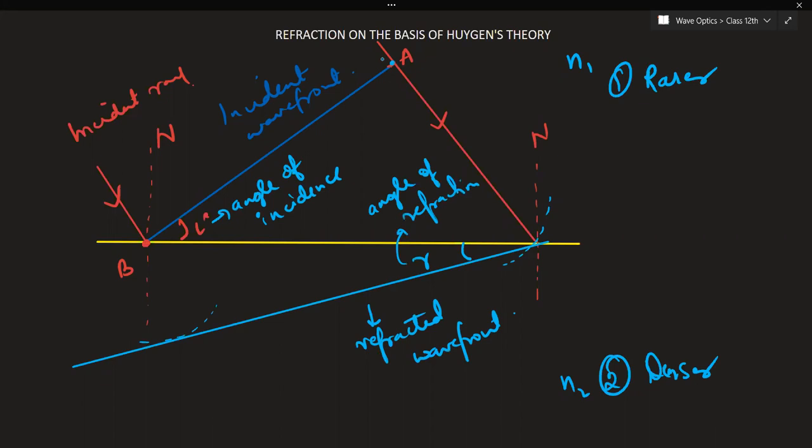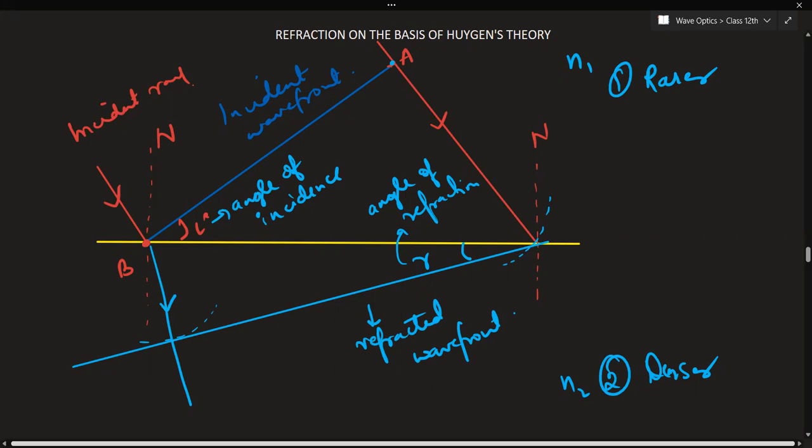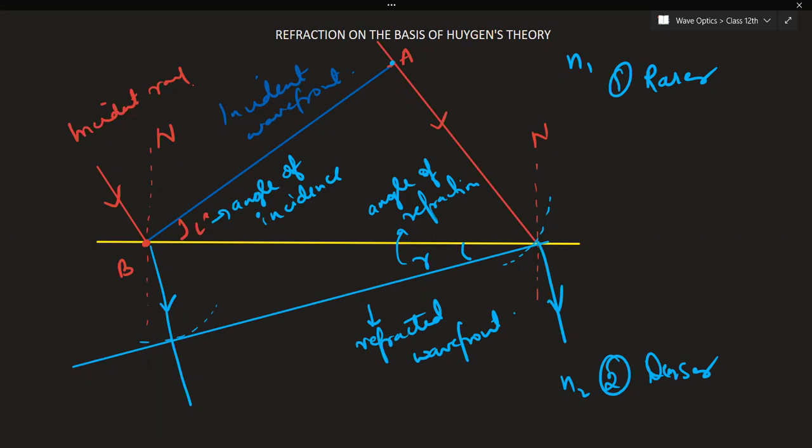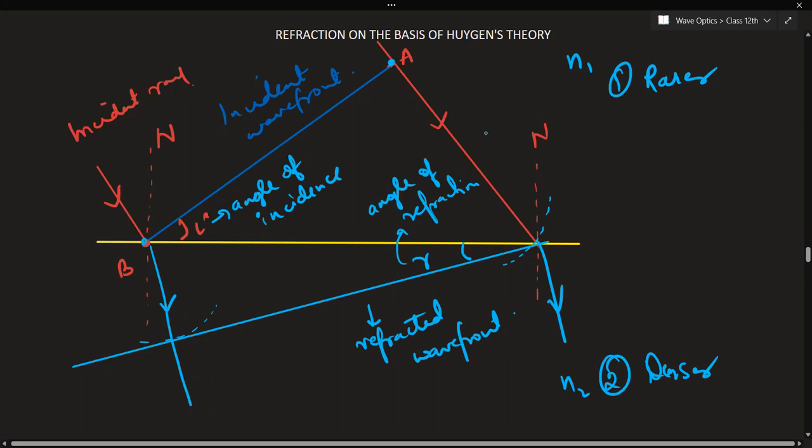Fine. Now see, this will be perpendicular to this. Why are we drawing it here? Because here refraction is occurring. This was the incident ray. Here the normal was there. So from this, going into this medium, refraction had occurred. Now the same thing at this point also, refraction will occur. Again, secondary wavelets will be generated. The same thing will occur and this way it will keep on propagating the wavefronts on the basis of the sources, this point and this point.